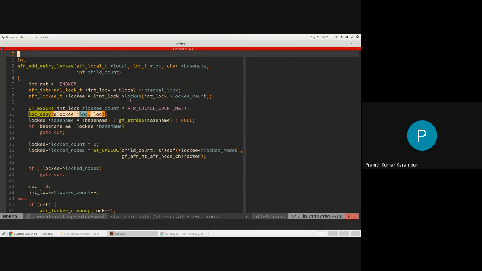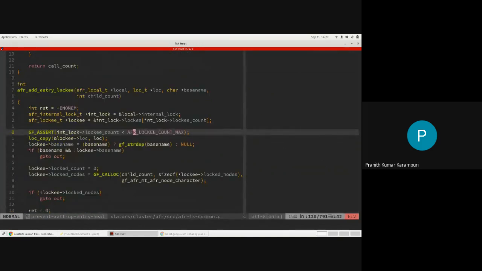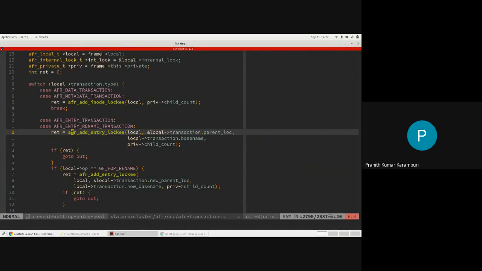Basically, the full LOC is going to be copied here, and LOC base name also gets copied there. So you're basically trying to add it into a list. At the max, two can be taken; it has to be less than 3. So the maximum allowed locks at the moment are 2, in case of rename and RMDIR.